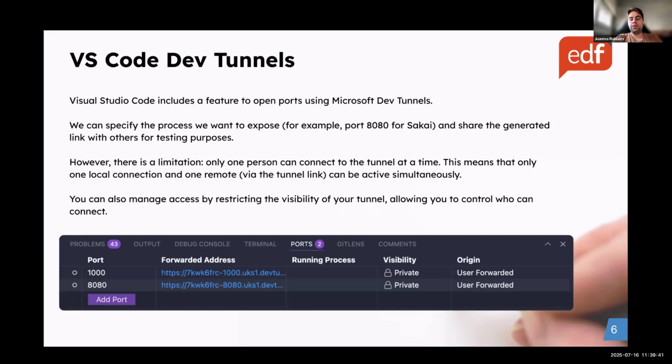There is only one problem, which is that I think a maximum of 3 people can access these ports, but for developing, I don't think that this will be a big issue. You could use ngrok, but there are some features that need to be paid. So in this case, we could work using the dev tunnels.